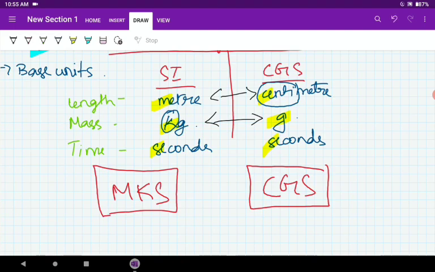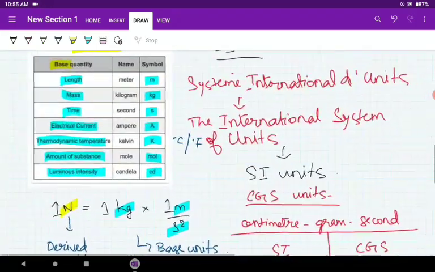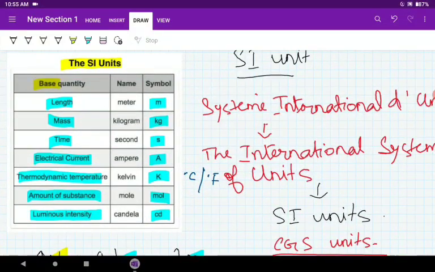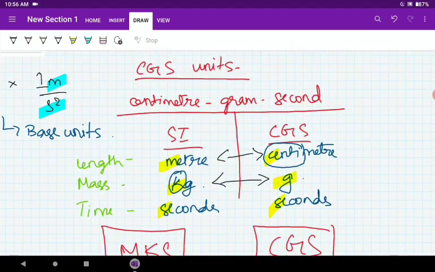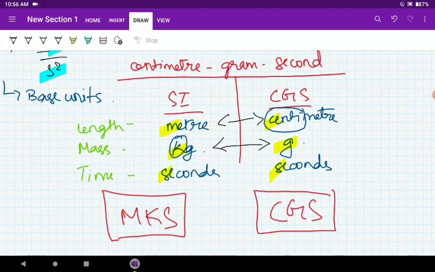Let's do a quick revision that SI units is the most commonly used units all over the world. They have 7 base quantities, out of which we most commonly use the length, mass, time, electric current and thermodynamic temperature. Then we have another system of units which is known as the CGS or the centimeter gram second unit. The only difference is that the length, mass and time units are different, and other units are also different. For example, for electric current, they don't use ampere, they use a quantity named Biot, which is symbol is Bi, which is actually equal to 10 ampere.